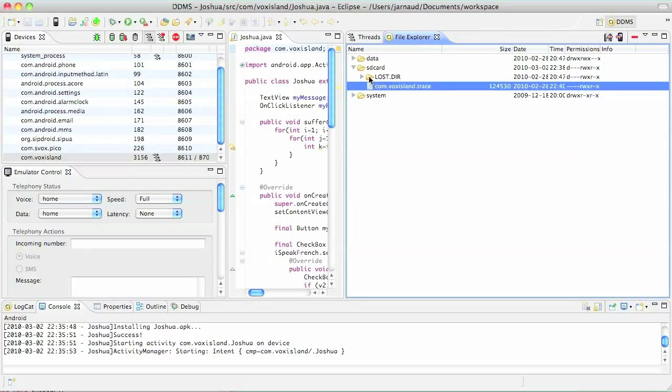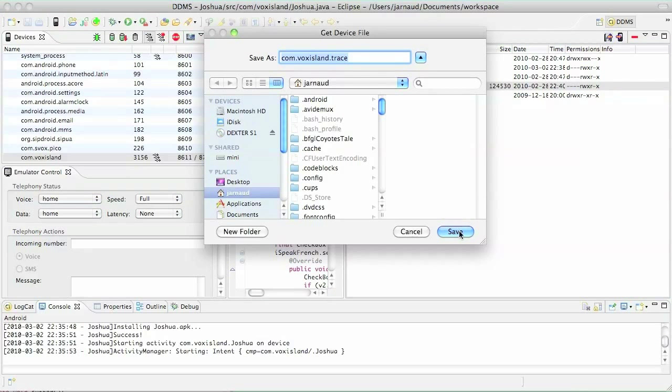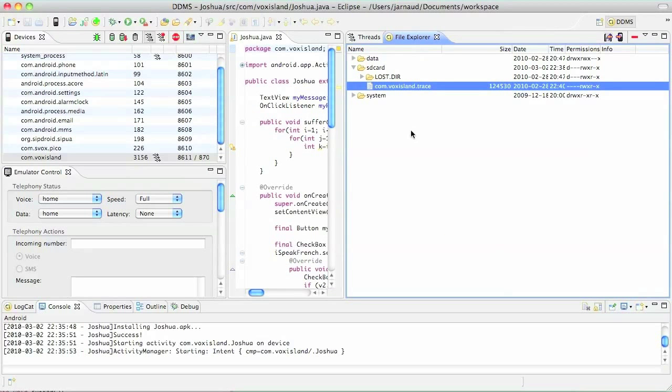See, on the SD card I have com.voxisland.trace that has been created, and I can download this and pull it from the device. I'm going to save it on my desktop,